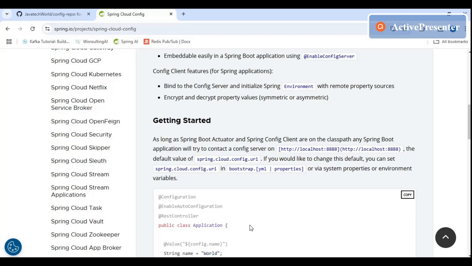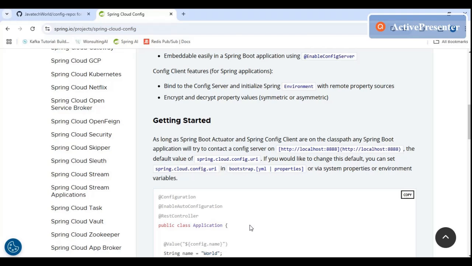So basically what we are saying is that the configurations or the application.properties of that particular application are kept already on the cloud, right? So there is no change to do that. There is no change required on the properties file, right?